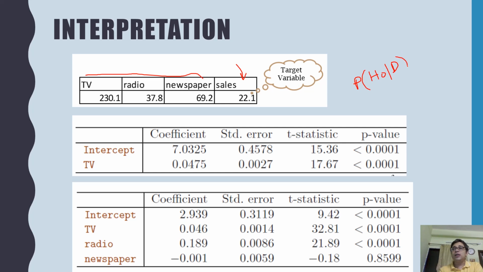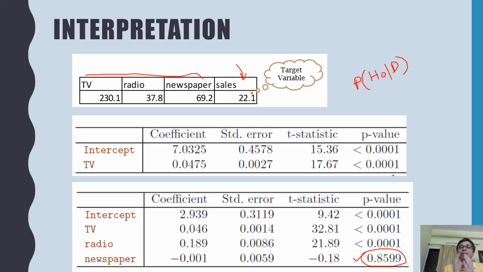So this is your p value. Naturally, you want the p value to be very, very small, because only then will you say that the null hypothesis is not true and reject it. So for the first scenario, both for intercept and TV, the p value is very small. Now when we have used intercept, TV, radio and newspaper, you will see the p value for newspaper is very high, whereas for the others the p value is still very small. So that means this variable is not appropriate or not valid for this model.